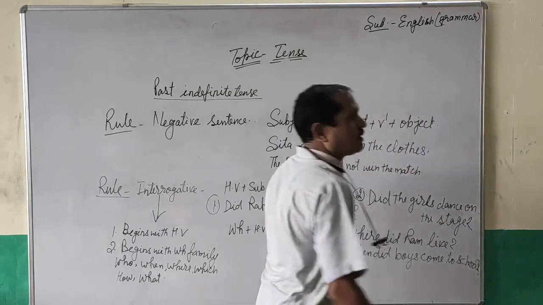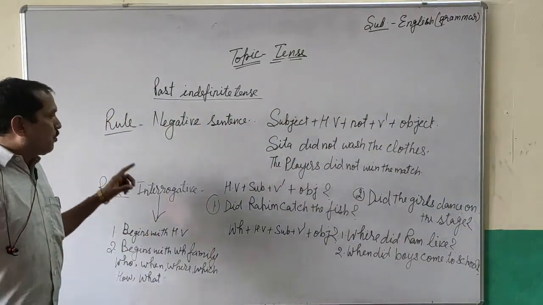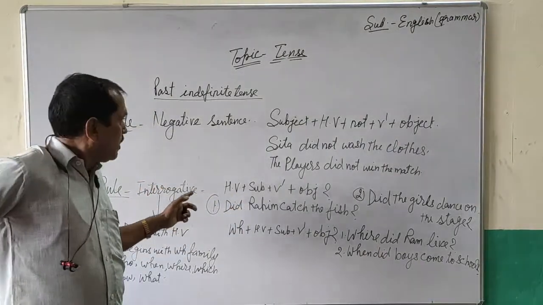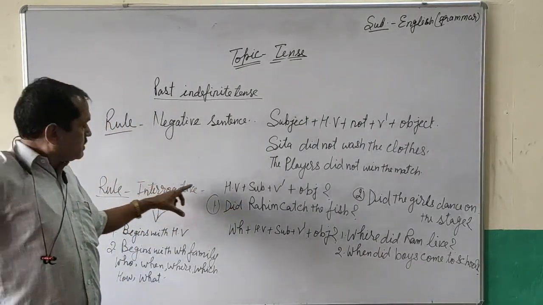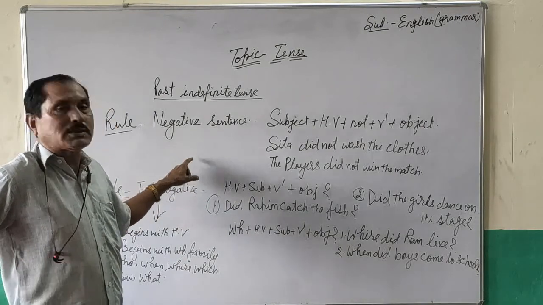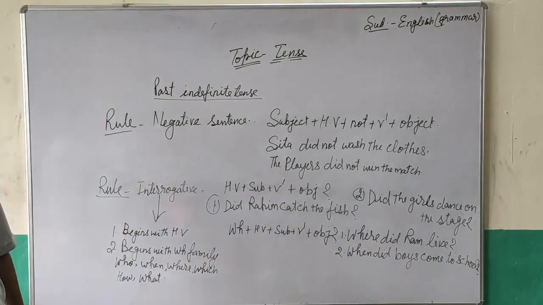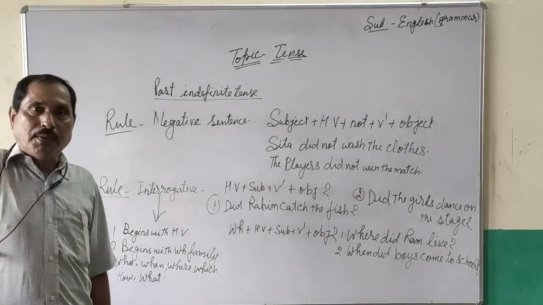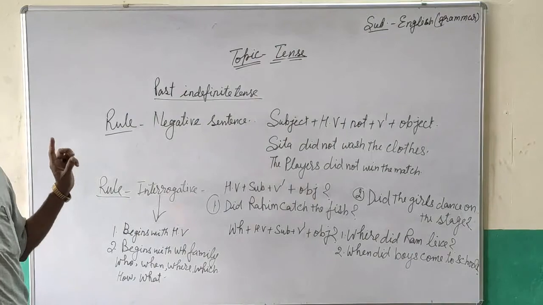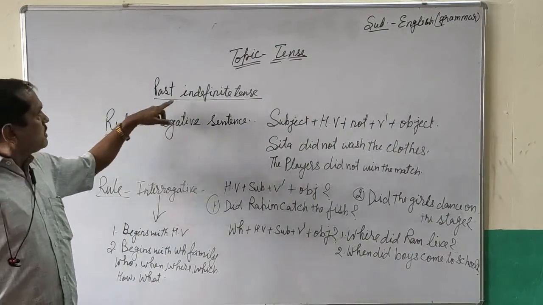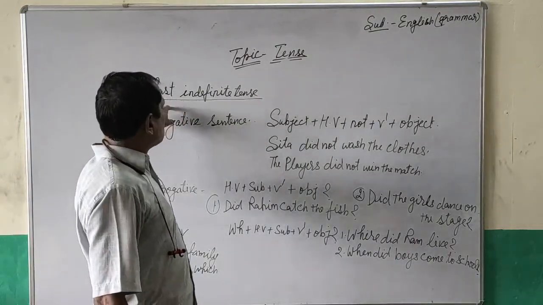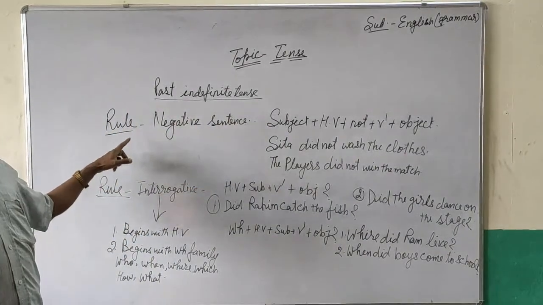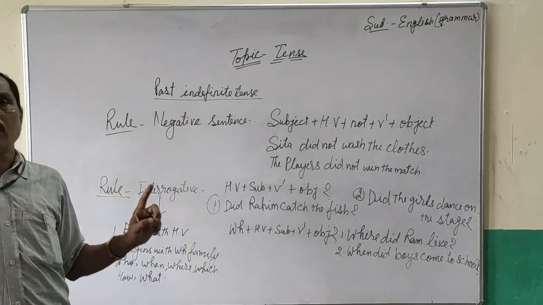Knowledge of tense is very important to learn the English subject. It is used in the transformation of any sentence: positive to negative, negative to affirmative, affirmative to interrogative. Now, your first kind of tense, past indefinite tense, is closed. Thank you. Pause the video and write it in your notebook.